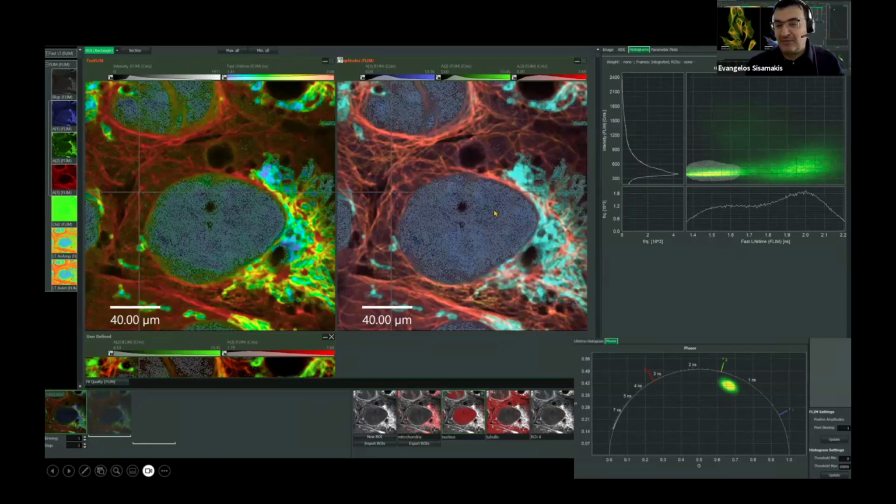This is the background. It's mostly in the nucleus because there was a little bit of DAPI staining, and you see a different contribution in the phasor plot. And of course, you can export these masks. You can import new masks because, as Alice said, we see in more advanced applications the possibility of handling different ROIs. Maybe you want to export the image, run your AI algorithm, identify your ROIs, and import the ROIs in the software. All these capabilities are now possible with the NovaFLIM